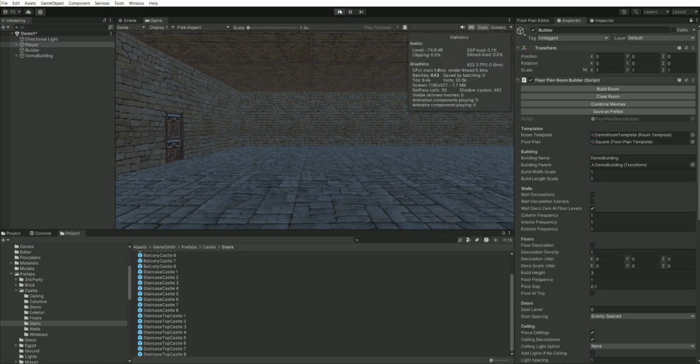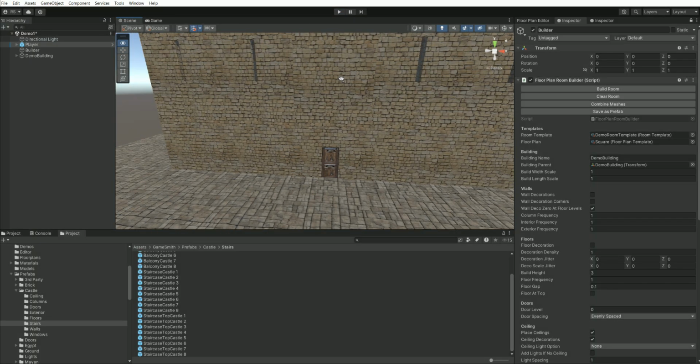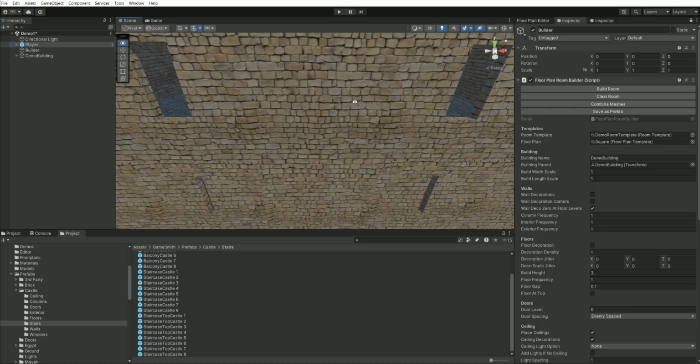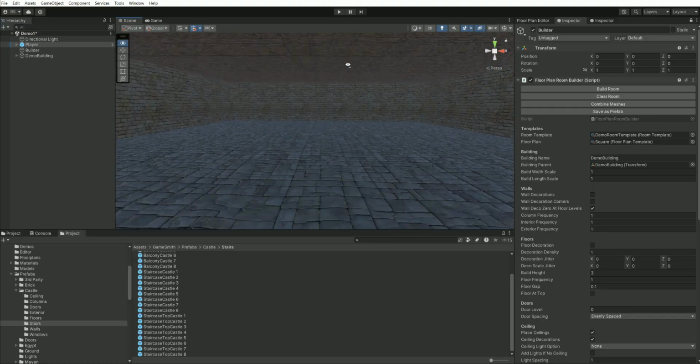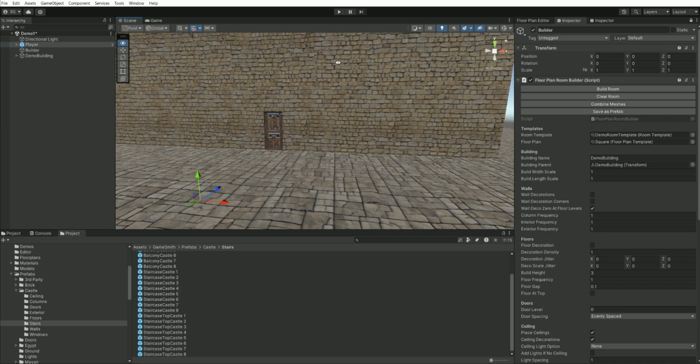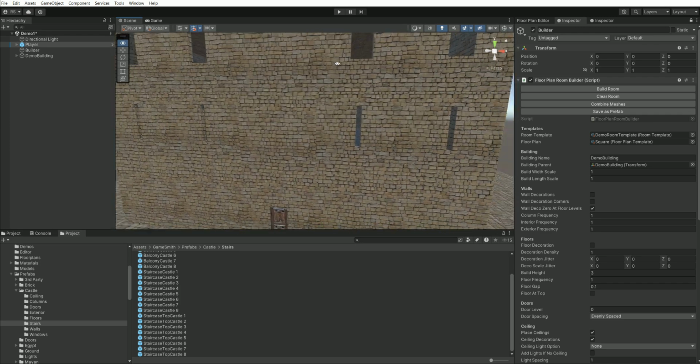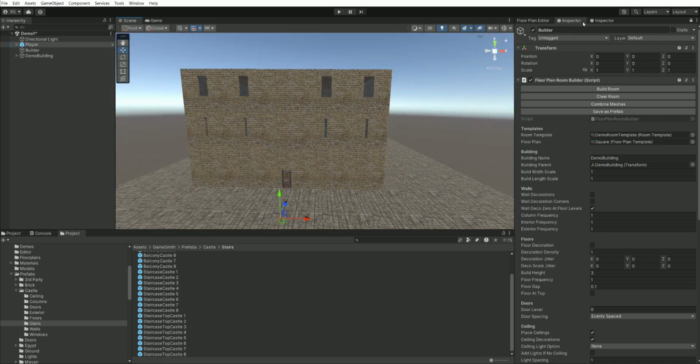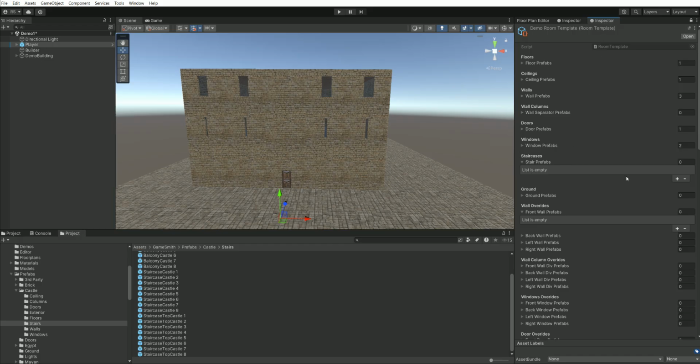So let's just see how we can add some staircases. We have our building, which is 3 floors high, but at the moment there's no way for the player to navigate or to move between those floors as there's no stairs. So the first thing we'll do, we'll add in a staircase prefab,